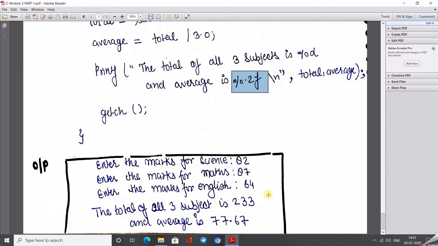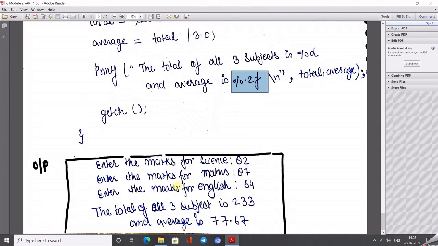So just take a look at the output. Enter the marks for science, 82, like enter 2. Here I forgot to write the numbers onto new lines because of the last topic of this video lecture, so I am writing them onto new lines. But don't worry, when you write this program in your software, just try to check what exactly happens when we apply the slash before and after. Try it yourself, because math is a practice subject. We can learn math only by practicing. Similarly, the programming language can also be easily understood only by more and more practice.